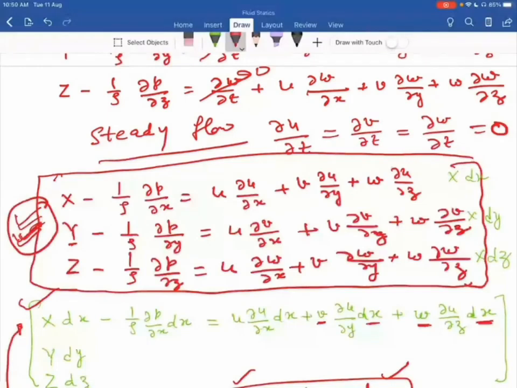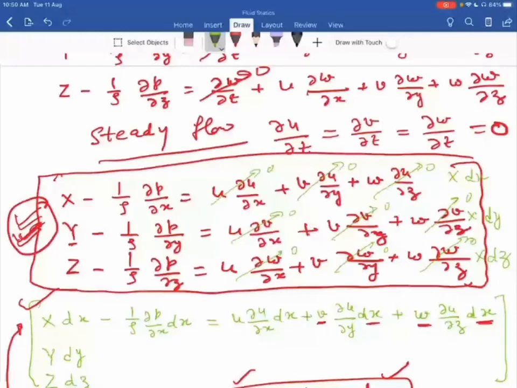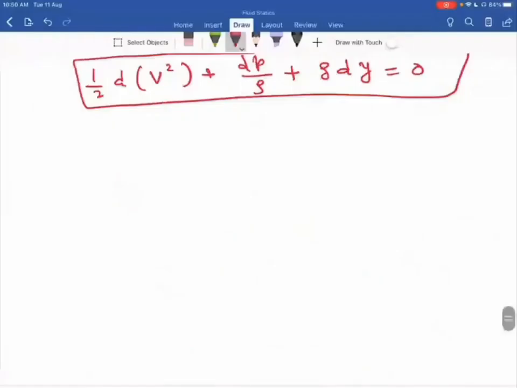dp is equal to minus w dy. ठीक है, dp is equal to minus w dy, ये हाइड्रोस्टैटिक लॉ है आपके पास. तो वहां पे फ्लूइड जो है that is at rest. तो जब फ्लूइड आपके पास रेस्ट में होगा, दैट मीन जो वेलोसिटी कंपोनेंट्स हैं ये जीरो हो जाएंगे इस इक्वेशन में, ठीक है। ये सारे कंपोनेंट्स जीरो हो जाएंगे व्हेन फ्लूइड इज एट रेस्ट। सो फर्स्ट इक्वेशन क्या आएगी आपके पास, X minus 1 by rho ∂p/∂x equal to 0, then second equation equal to 0, third equation equal to 0, ठीक है। So now I write those three equations, ठीक है।